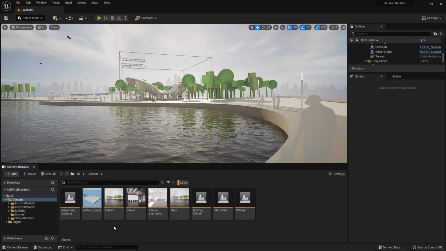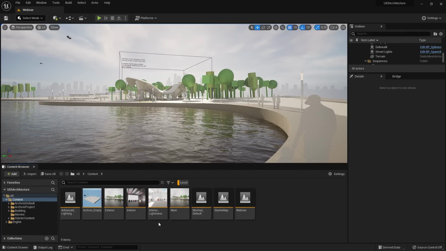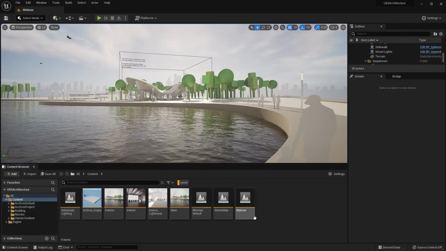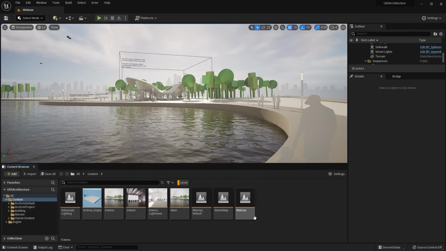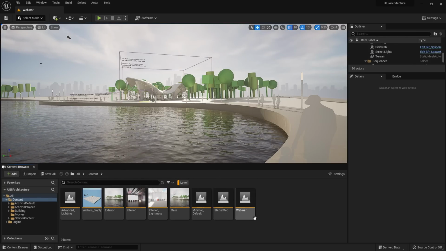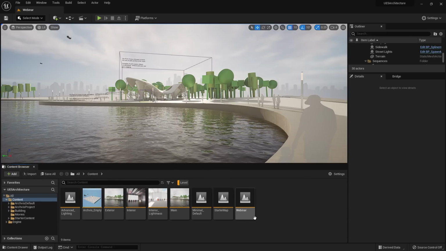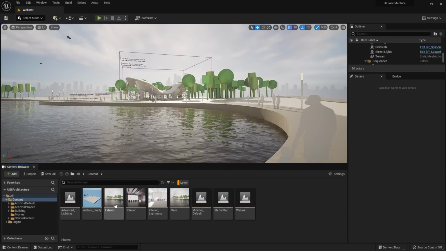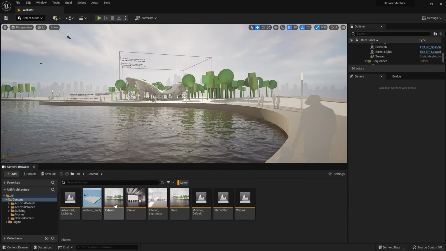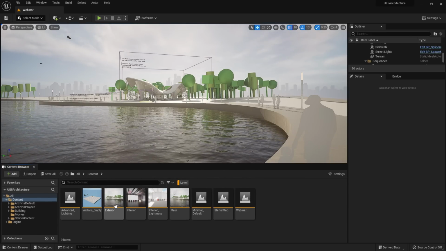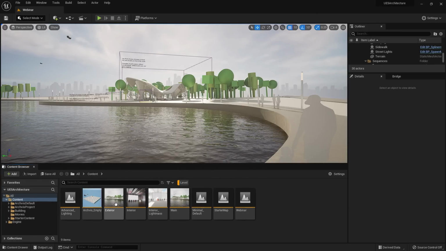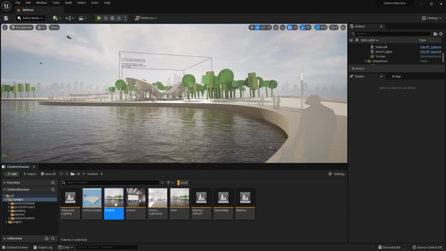Now you'll see we have our exterior and interior levels, as well as the webinar level I just created. Now, for instance, say I would like to make some changes to that exterior template so that when I create new projects, it's going to draw from a template that I have curated. So for instance, I'm going to open up this exterior template.